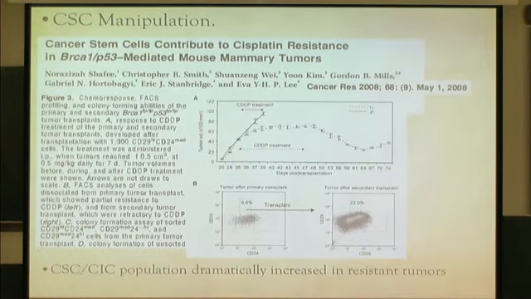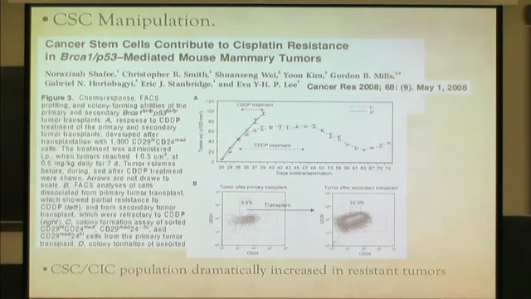But you can also manipulate the numbers. One way of manipulating the number is by doing therapy. For example, chemotherapy, so this is another type of breast tumor. This is the size as a function of days after treatment. And again, these are the same markers. Going from about 5 or 6% of the cells, after doing secondary transplant, so you basically treat, transplant, you can increase the fraction of cells up to 22% or more. So you can dramatically increase the number of stem cells, and stem cells are very robust to treatment.